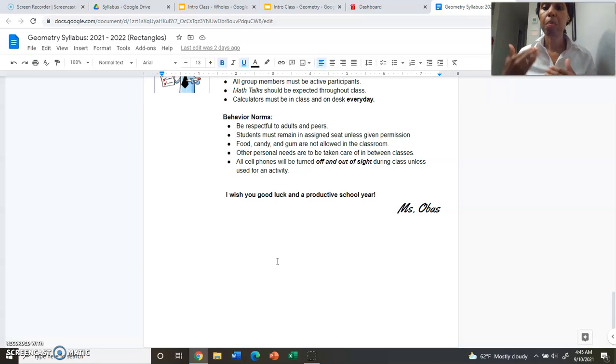Students must remain in assigned seats unless given permission. Since we're still in a pandemic, you're going to have assigned seating. You're not going to bounce here, there, wherever, unless you get my permission. Because we're doing contact tracing, we have to make sure that everyone's safe, and that if something does happen, we can figure out, okay, one person got sick, who was around, so that way we can deal with the